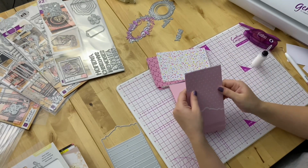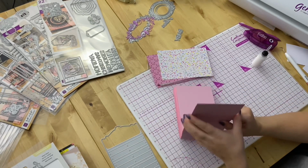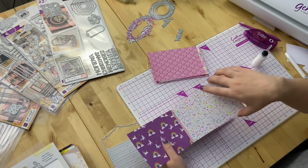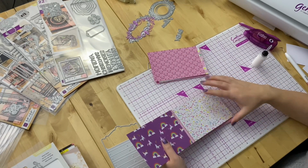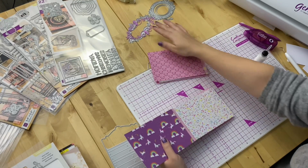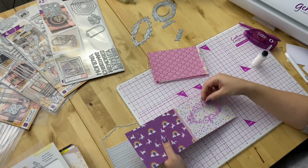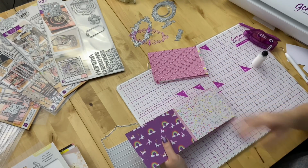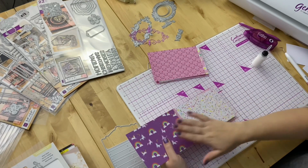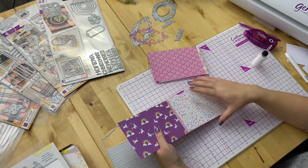So I already have the line just to cut it around, and that's pretty much it. And then I picked all these pages just to decorate them, with some color. And then we can either use different frames or different embellishments to put things, or to put pictures. Since I'm doing this as a baby book, I will be placing all these colors on every page, and then